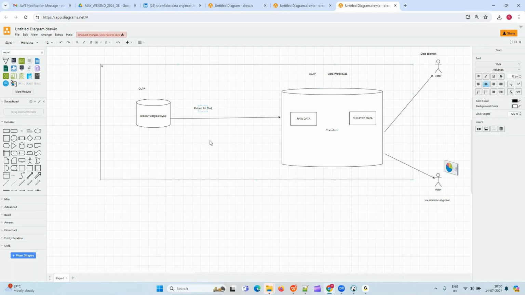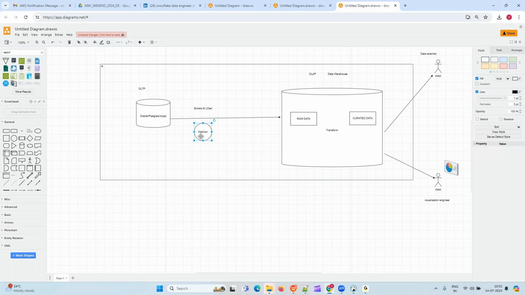Now you'll get to know where exactly you can use tools like Matillion, Fivetran or DBT. Matillion is an ELT tool. It can do extraction, loading, and transformation, so you can use Matillion here, and you can also use Matillion for your transformations. And you also want to schedule your jobs, right? This particular pipeline has to run daily. For scheduling also you can use Matillion. So Matillion serves all the purposes here: extraction, loading, and transformation. That's why it is called an ELT tool, including the scheduling part.